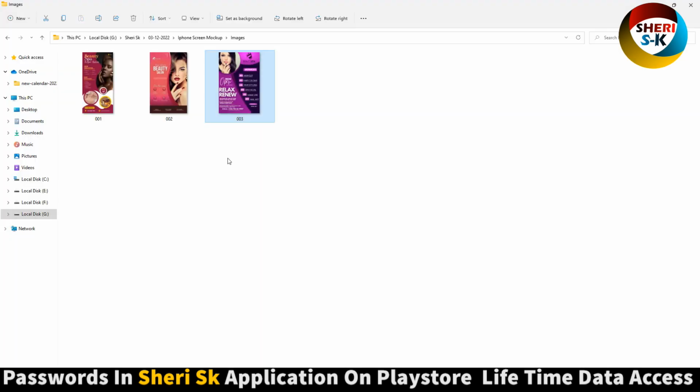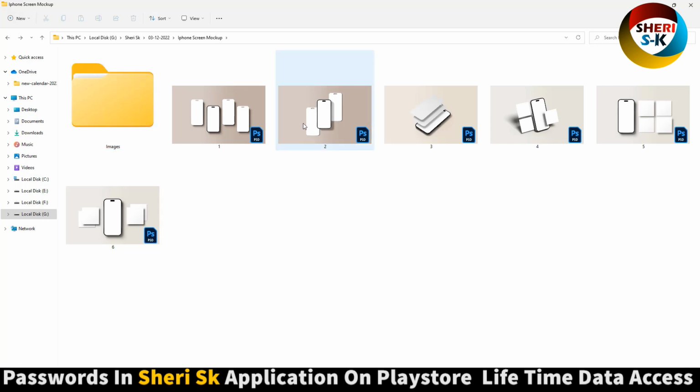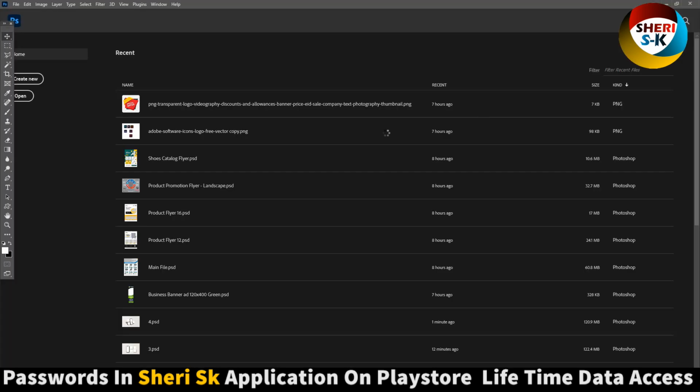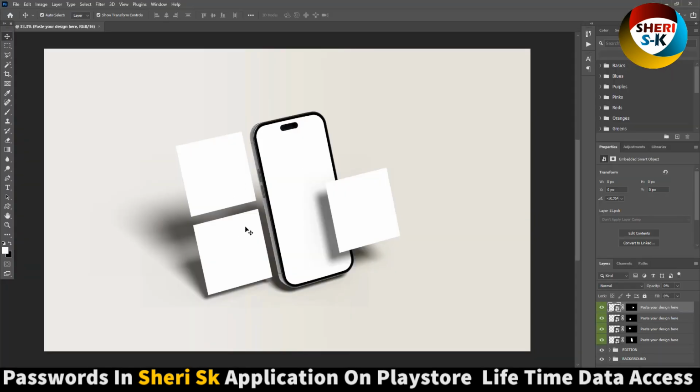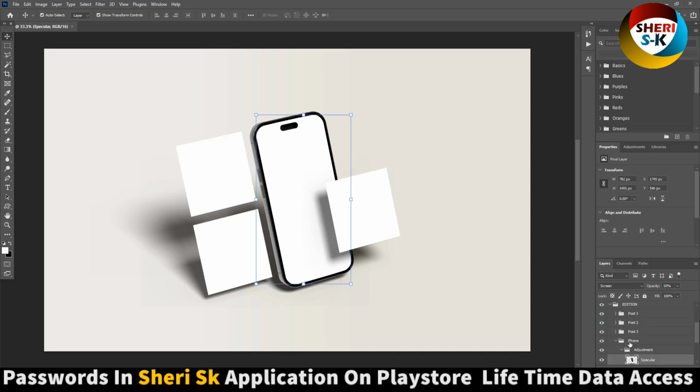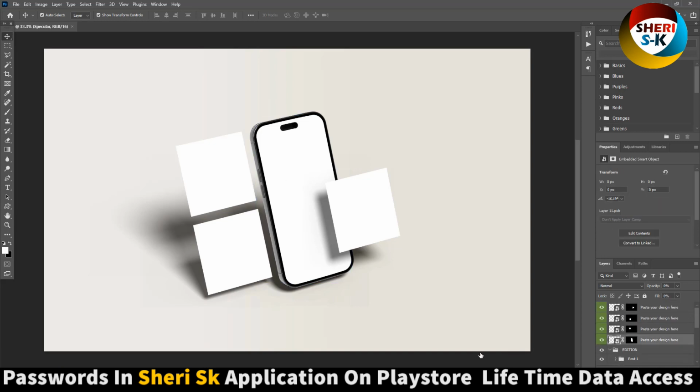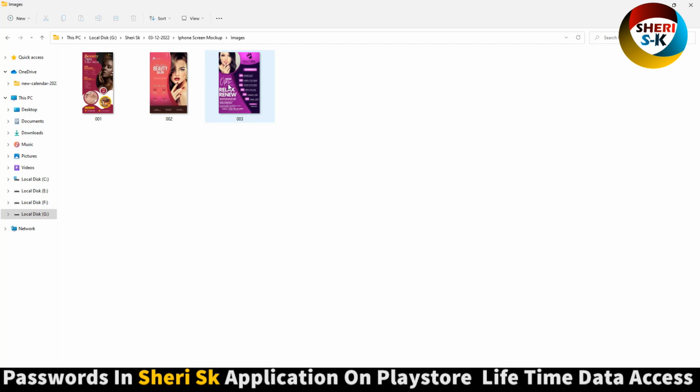Close it and open. So you can import any other file. Same thing here. Open this one. Here you need a square banner and the main thing is here. For example, open this one